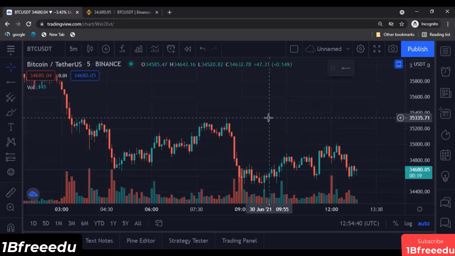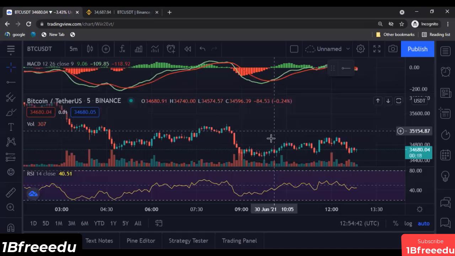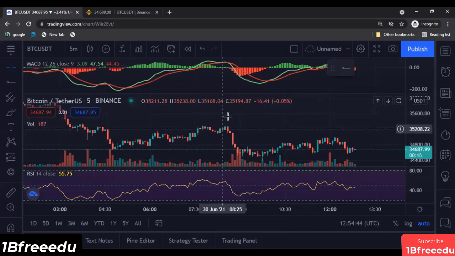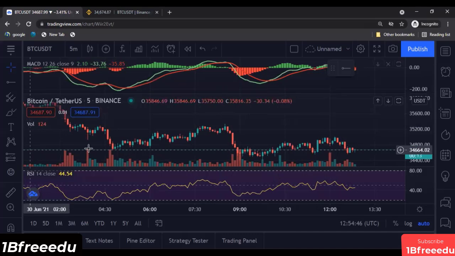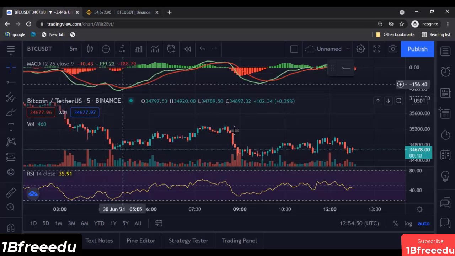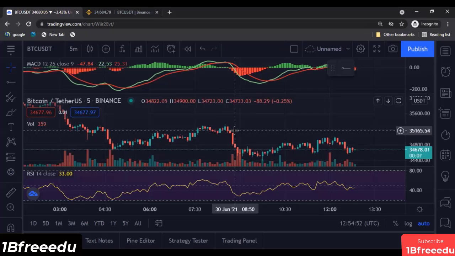So what you could do is that you would at least need two indicators to support your trade. And as you can see, it is a 5-minute chart. So the trade would happen, and the profit would be booked quite quickly. If we look here, for example,